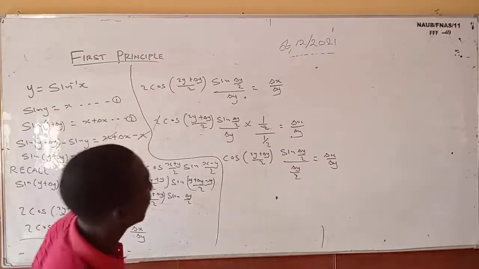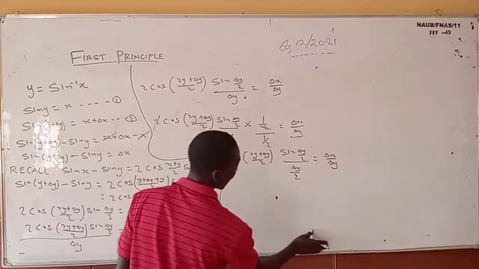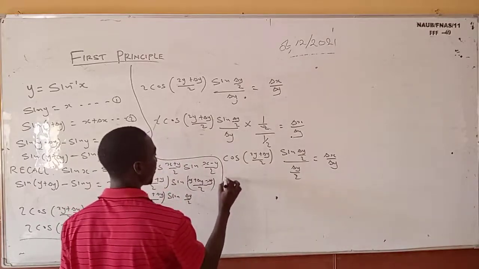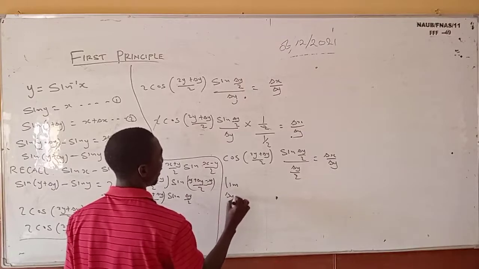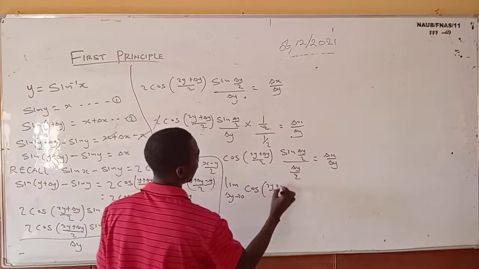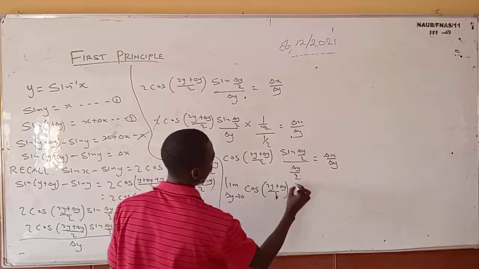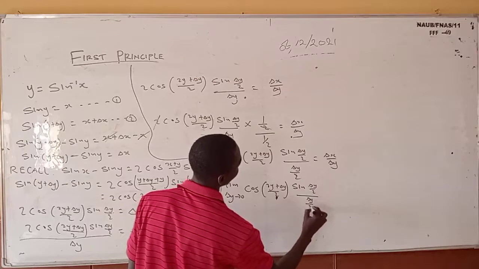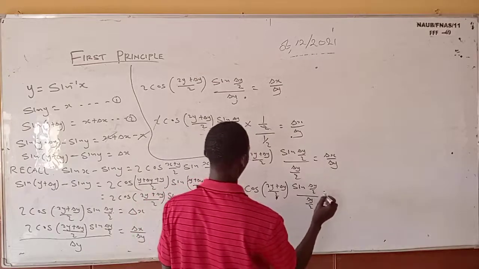Take the limit as change in y approaches 0 of both sides. So now it means the limit as change in y approaches 0 of cos of 2y plus change in y over 2, sine of change in y over 2, all over change in y over 2, equals to